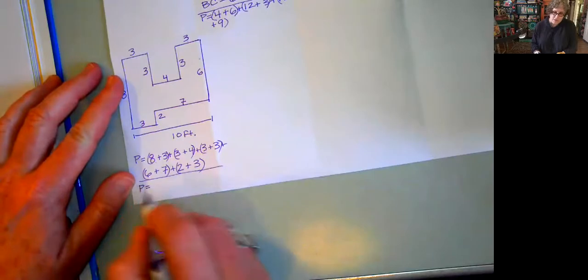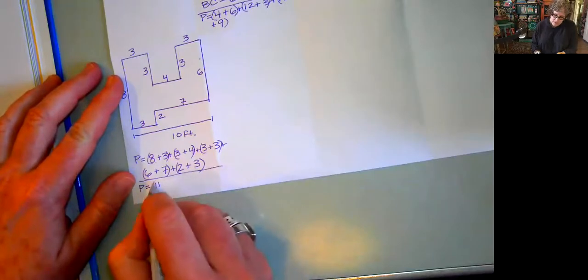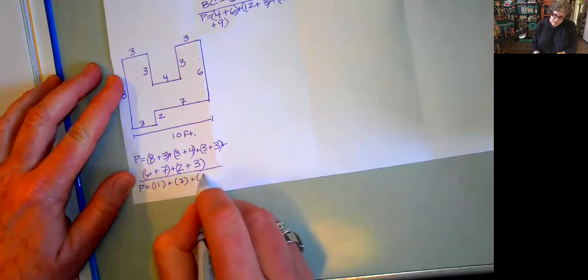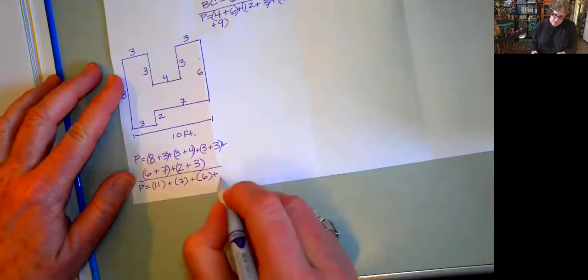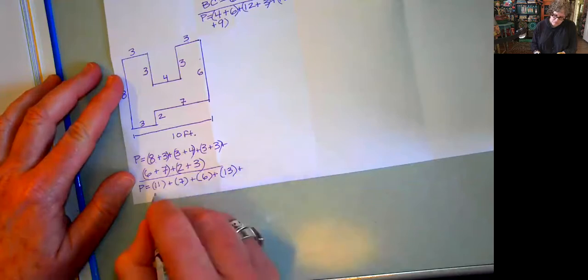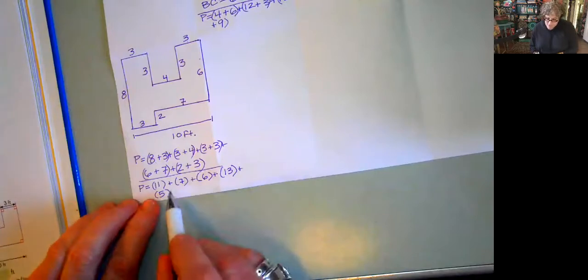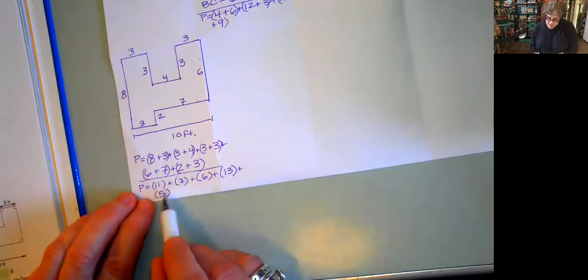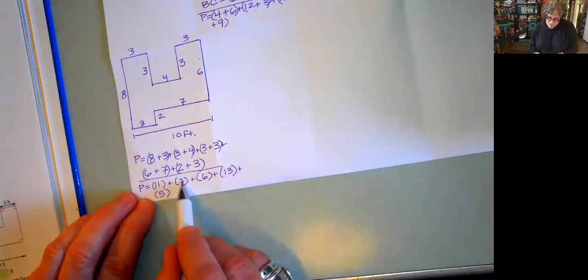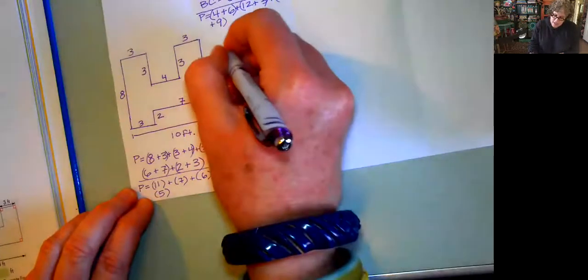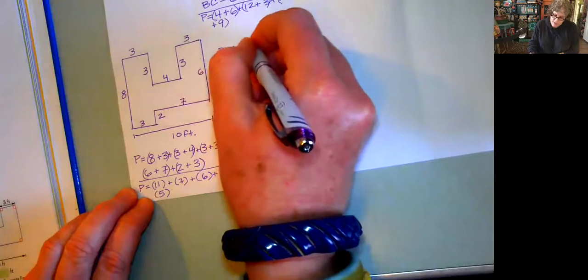P equals 11 plus 7 plus 6 plus 13 plus 5. All right, and now we can add these chunks together. So if we take 5 plus 7, that equals 12. And 12 plus 11 is going to be 23. So we're going to say P equals 23 plus